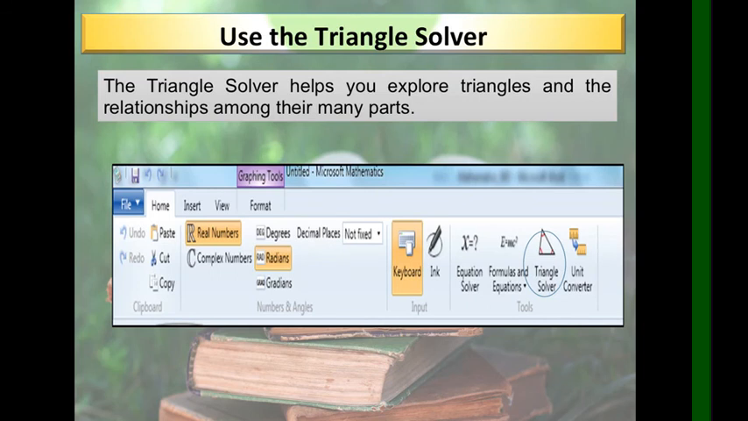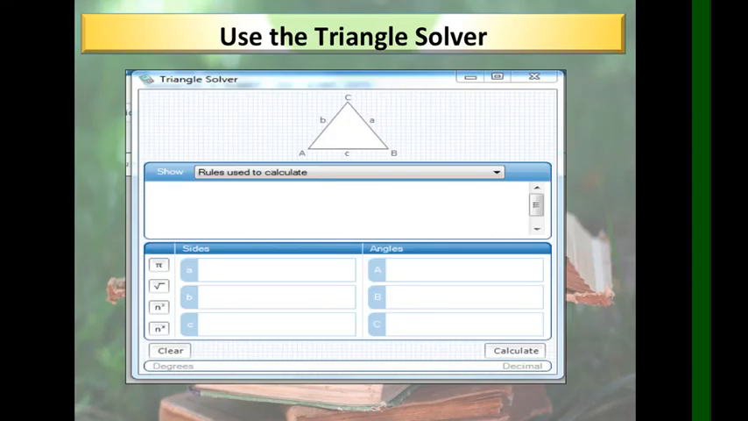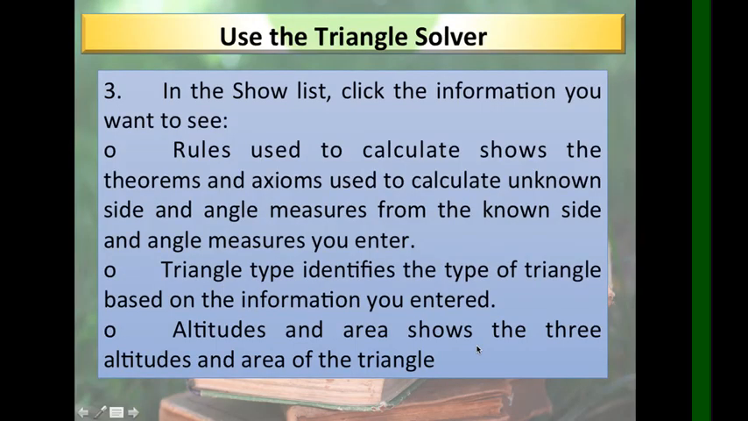The triangle solver helps you to explore triangles and the relationship among their many parts. So we have a triangle solver. So, halimbawa, we can use this triangle solver, and then, halimbawa, there are missing parts of the triangle, and you want to find the missing parts. So, you can just put here what are the parts, and then you can calculate. Using a triangle solver, in the show list, click the information you want to see. Halimbawa,